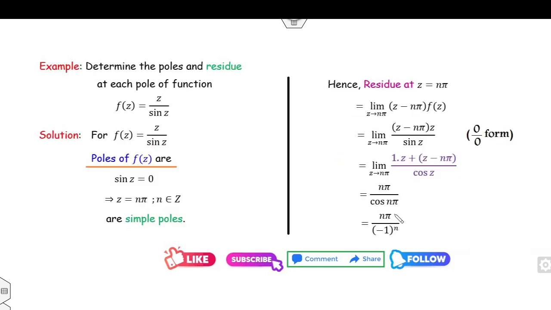Remember, students, this is the first method, by using the pole. But in my part 2 and part 3, I will tell you how you can find the residues of special functions in a much easier way. So I hope you can